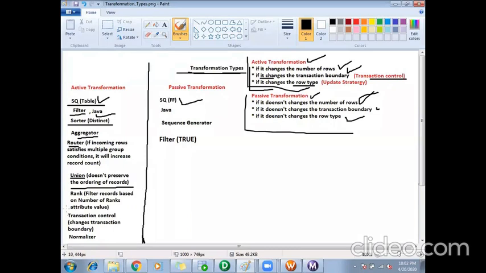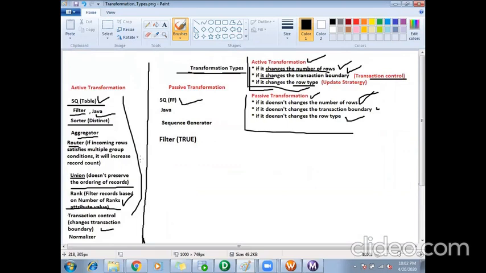Rank, based on the number of ranks property I set, it will remove the records. So it is active. Transaction control is active, the one we discussed now, because it changes the transaction boundary.